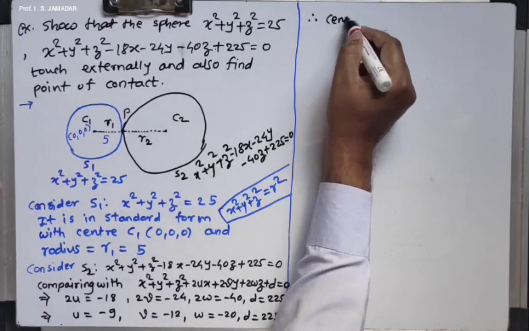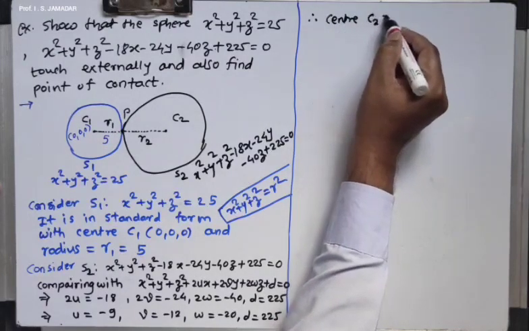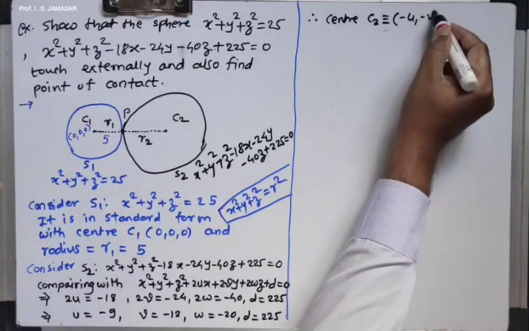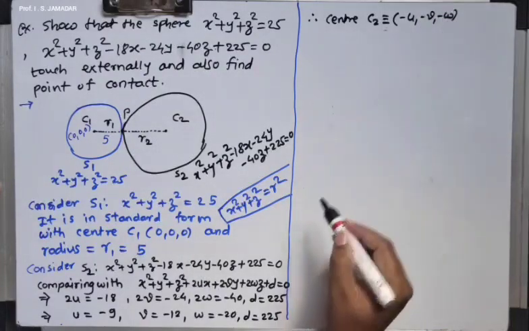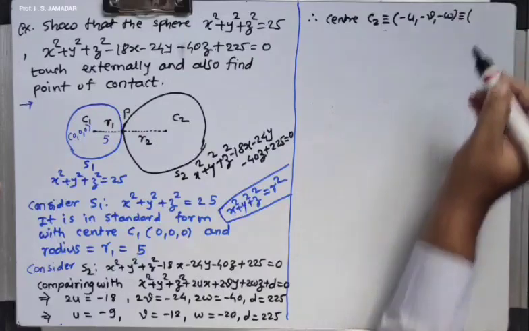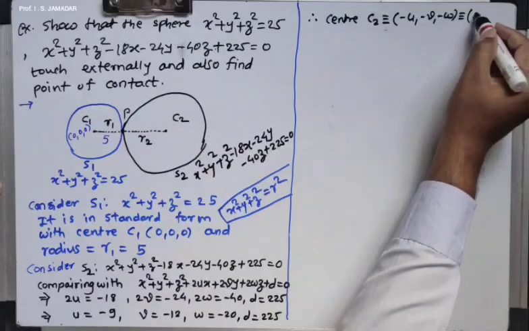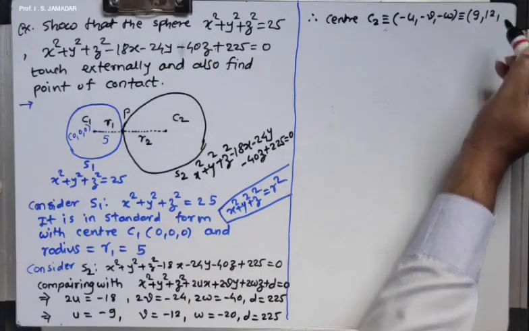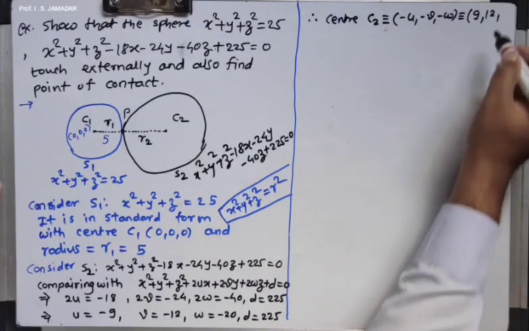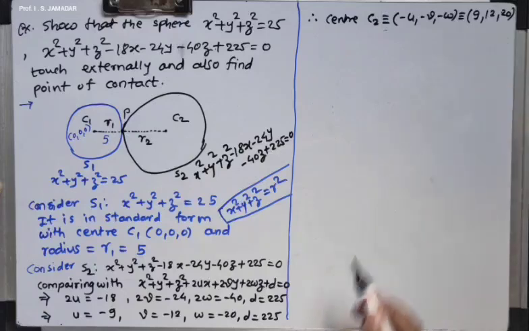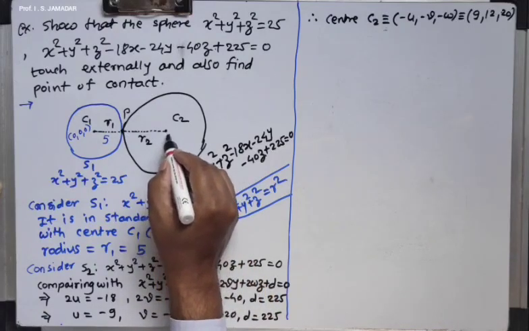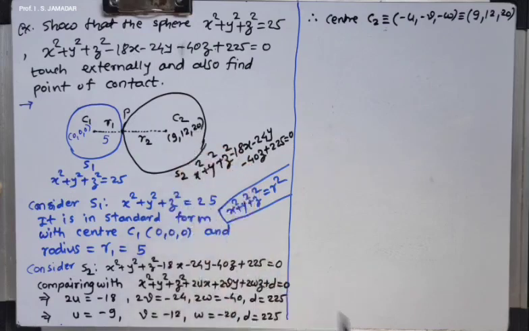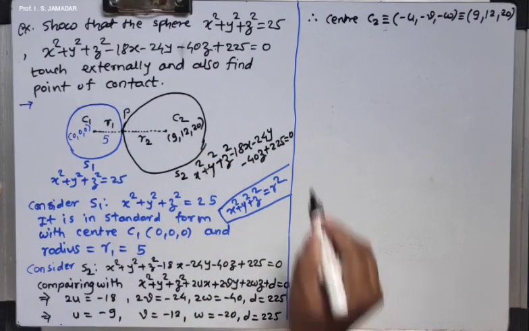So center C2 of second sphere, which is minus u, minus v, minus w, that is minus u, that is 9, minus v, that is 12, and minus w, that is 20. So put here center for second sphere 9, 12 and 20, and